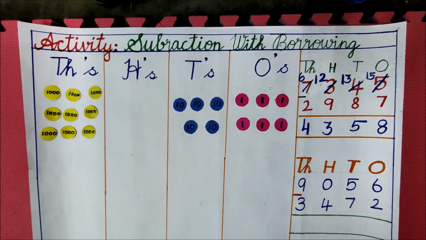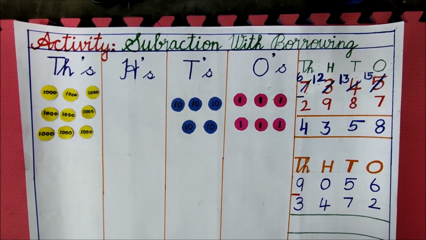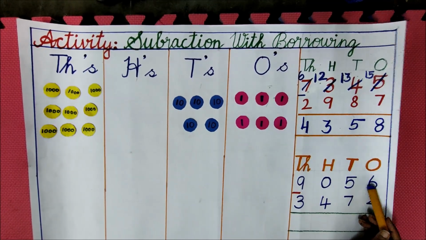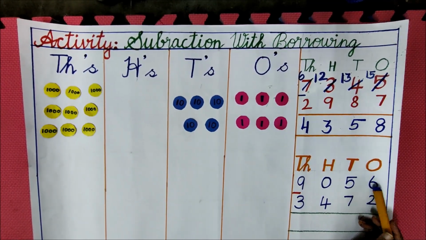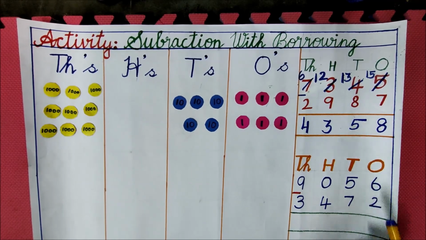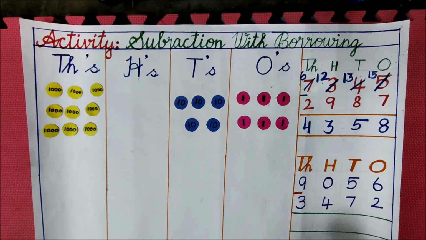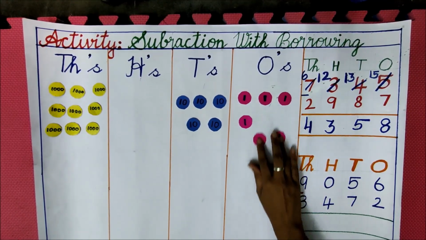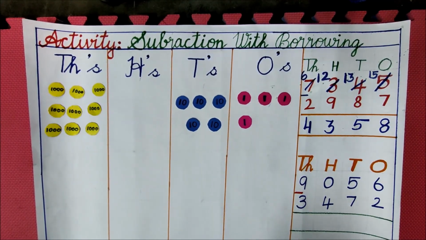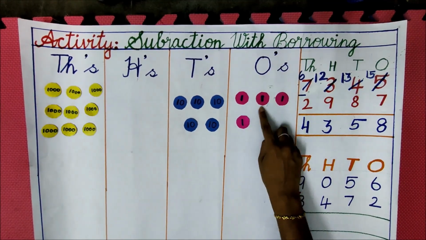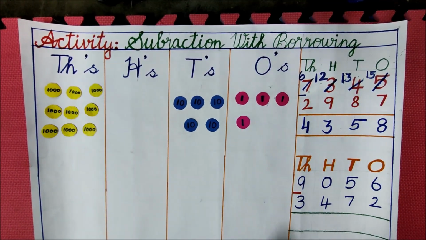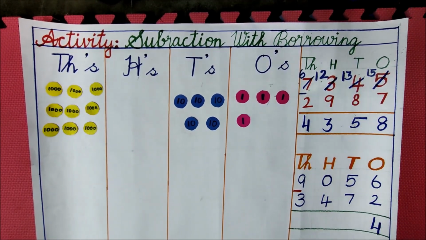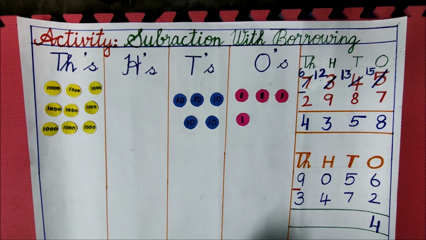Okay, so we can directly subtract children because 2 is a small number when compared to 6. So 6 is a bigger number. Okay, top number is bigger than the lower number. So I am going to take 2 out in this. Okay, out of 6 I am going to take 2 out. How much is remaining now? 1, 2, 3, 4. Okay, so 6 minus 2 is 4. Okay, next move on to tens place.